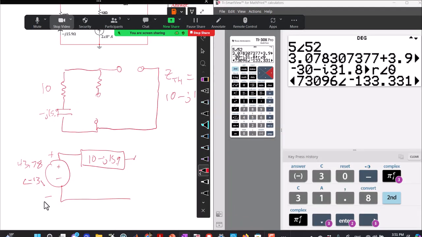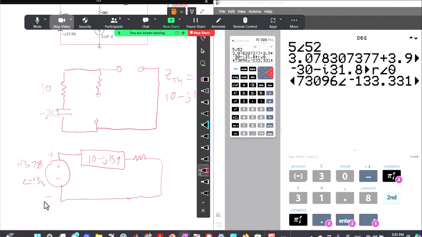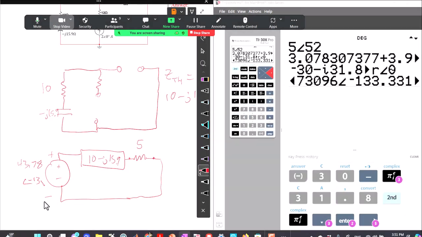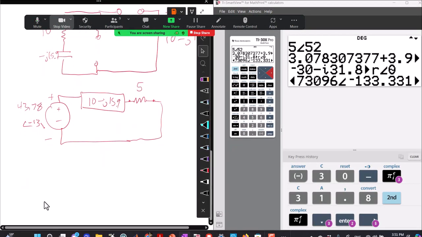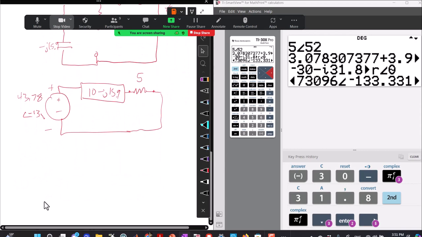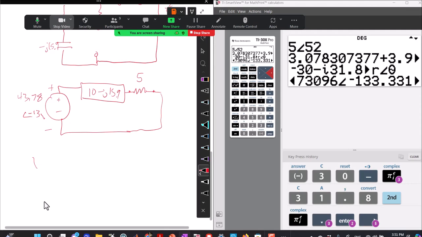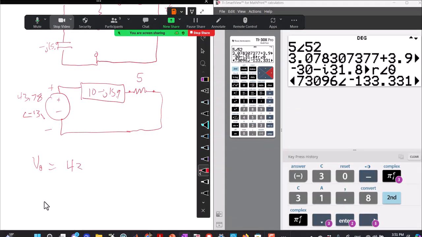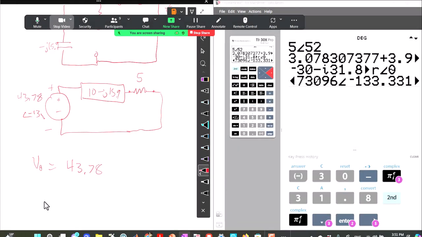Now I want to find the voltage across the 5 ohm resistor. So I put a 5 ohm resistor right there. And now I can do a voltage division. So the voltage across my 5 ohm resistor, VO, will equal my total voltage, 43.78 angle